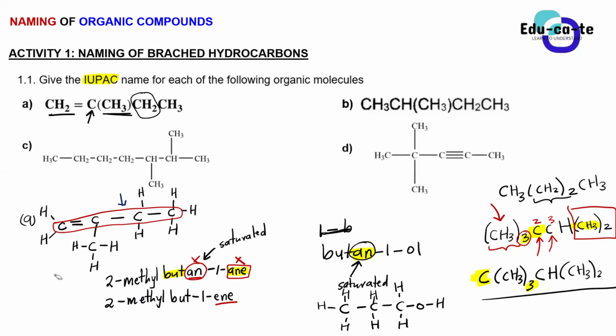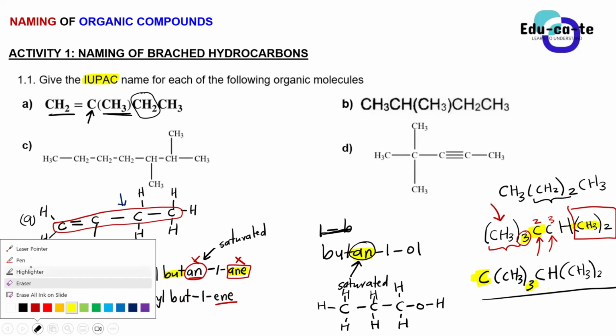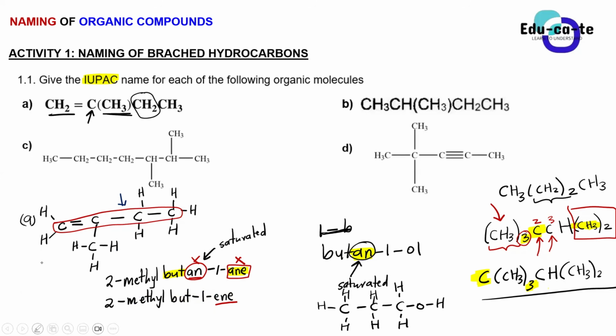So for question A, can you say 2-methyl-1-butene? Yes, you can say that. You're also allowed to take out this 1. If you don't like writing the 1 inside the name, you can just take out the 1 and write it at the beginning. So instead of writing but-1-ene here at the end, you can just rewrite this as